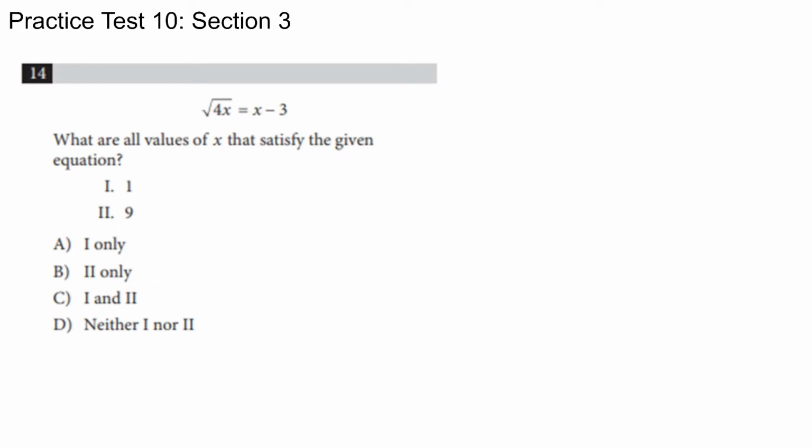And it asks, what are all values of x that satisfy the given equation? It only gives me two options: either 1 or 9. My answer choices are 1 only, 2 only, both 1 and 2, or neither 1 nor 2. So what I'm going to do is take these values of 1 and 9 and put them into my expression. So if I have the square root of 4x is equal to x minus 3,